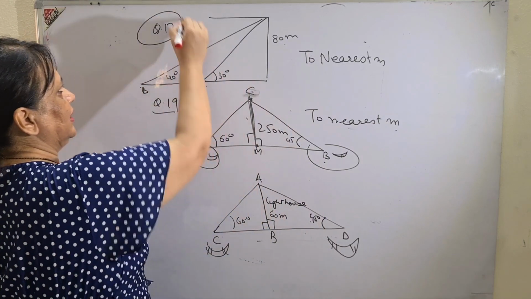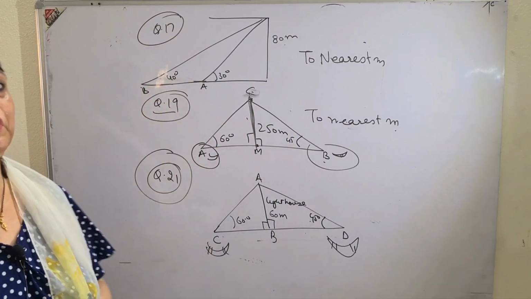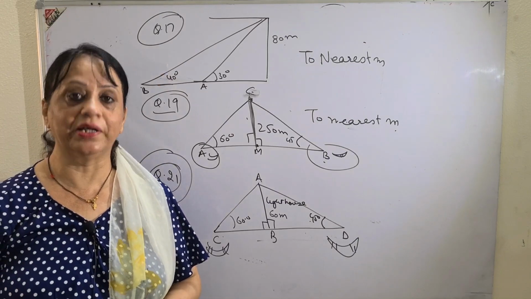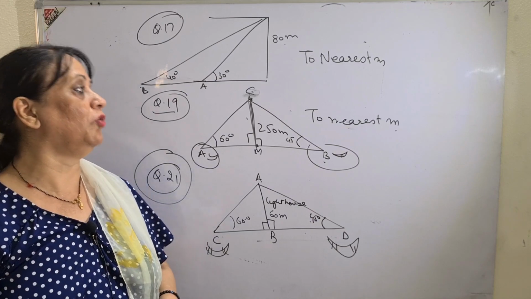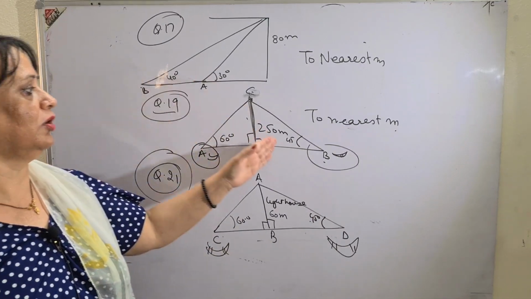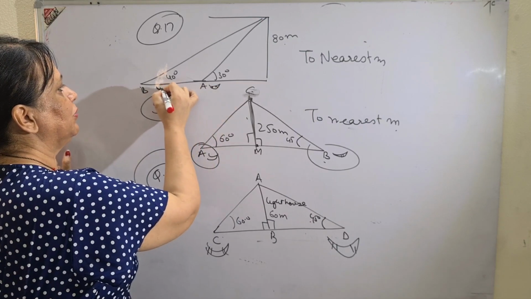So all the three sums are same, and they are the sums which have come in the board every alternate year. That means their sums are very important, children, and you know what to do on the same side, on the opposite side. Ships are there and you have to find the distance between the ships.